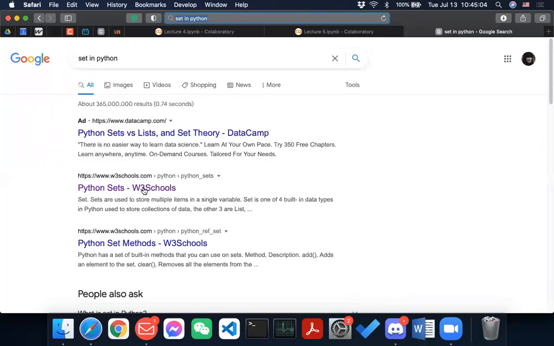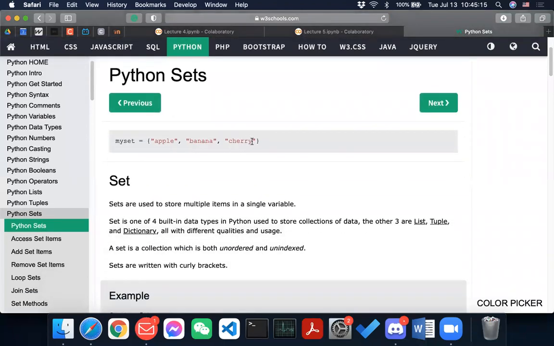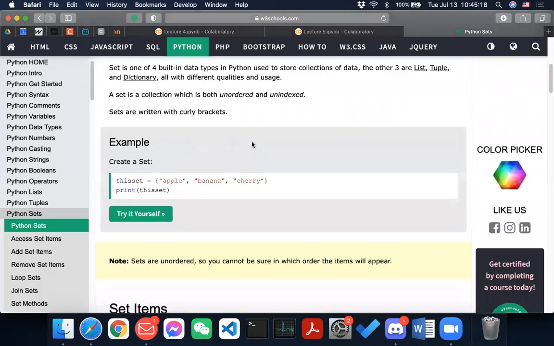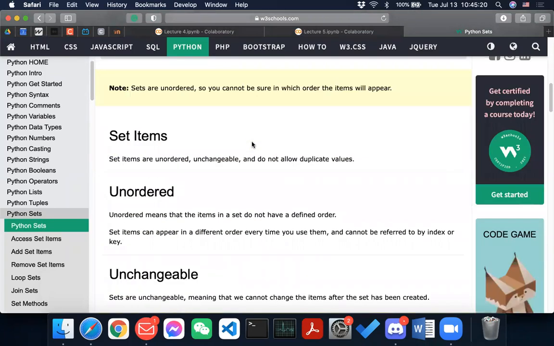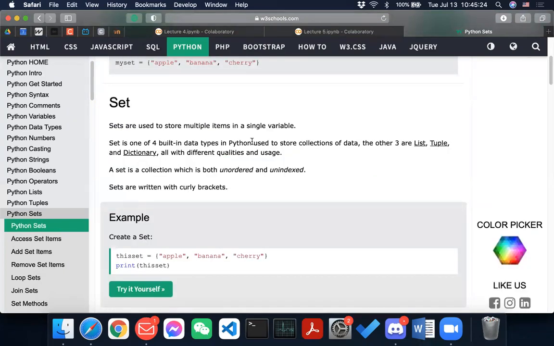In terms of this, there is also a good way to do it, and it is called a set. I will just introduce this to you, but you don't have to understand it right now.